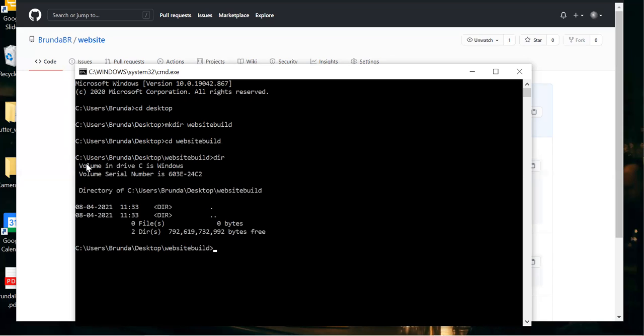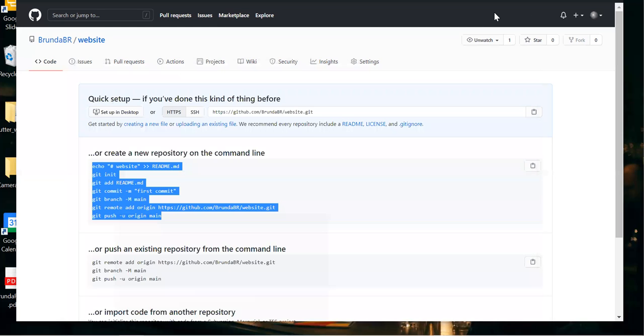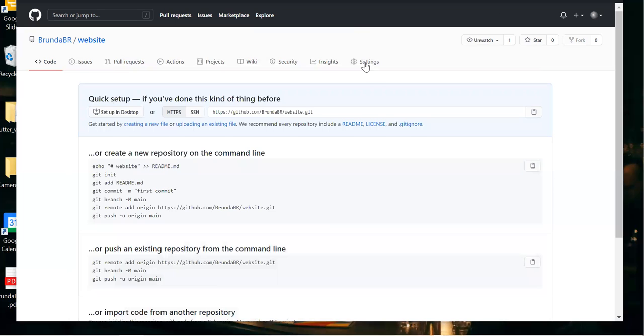In order to get things inside GitHub, which is online, we need to connect these two things. So what I can do is git init. Git init is used to initialize git within this repository. After git init, because we have to add something to this, I'm going to create